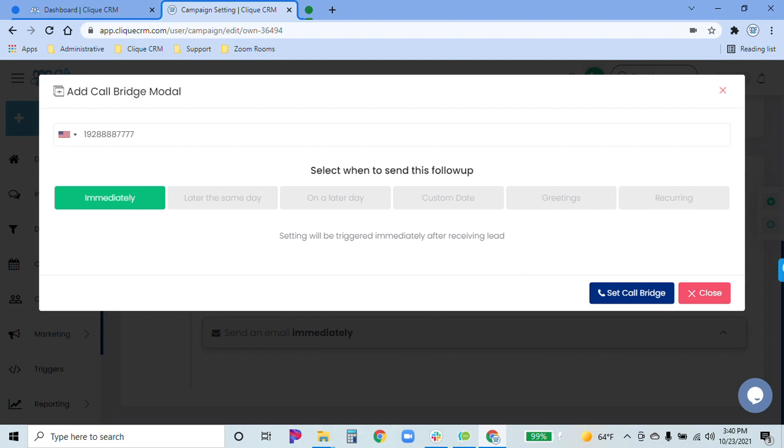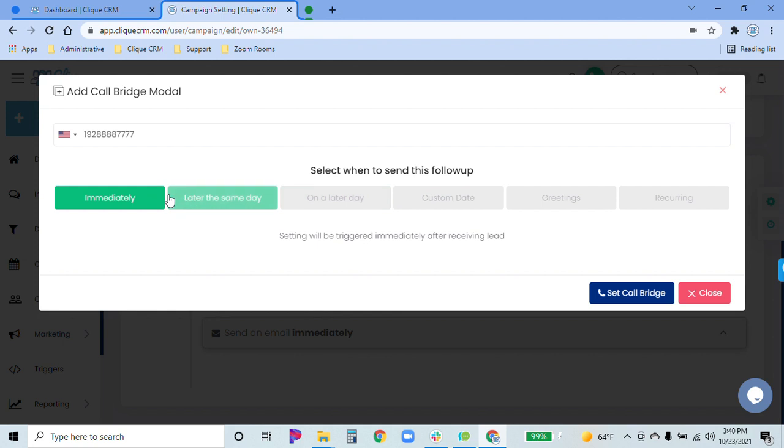Now you can choose to include this CallBridge, and what it's going to do is it's going to dial whatever phone number you put down here, your cell phone, your office phone, or your click phone number that you have chosen inside of your system, at whatever time you specify here,